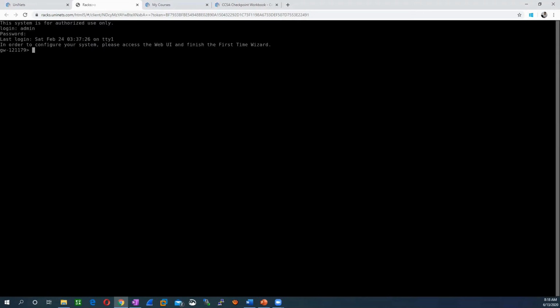Okay. Now, if you want to set the hostname of this device, you can run the command set hostname and set whatever hostname you want. Suppose you want to define the hostname SM, you can define SM. Then if you want to save the configuration, you can run the command save config.